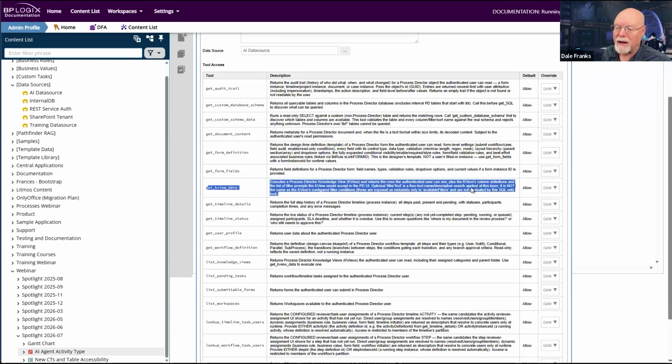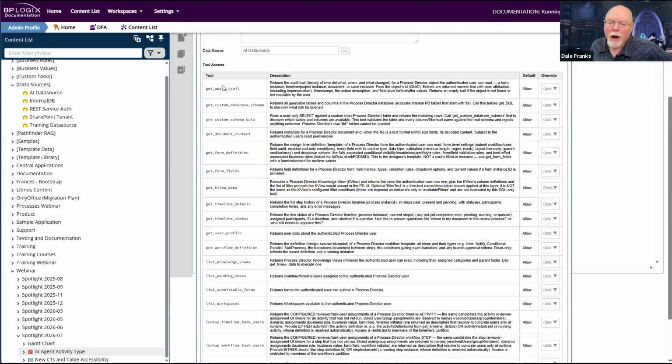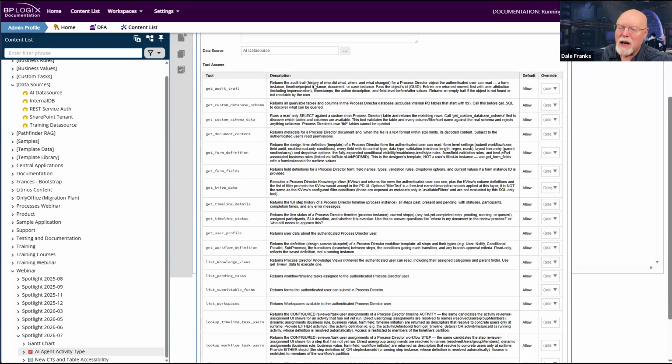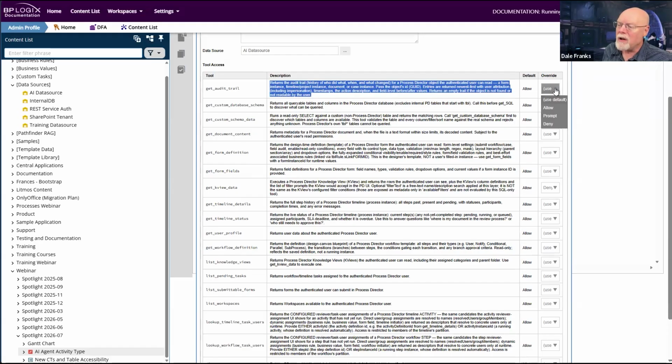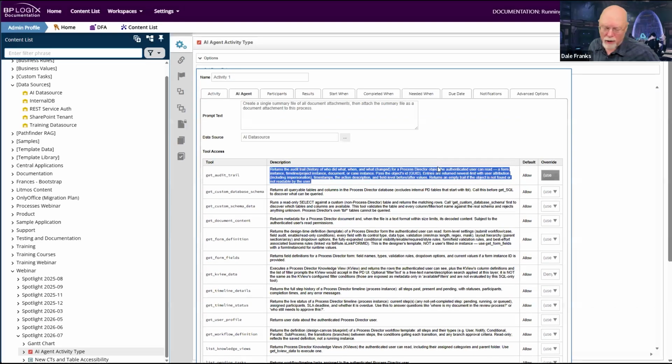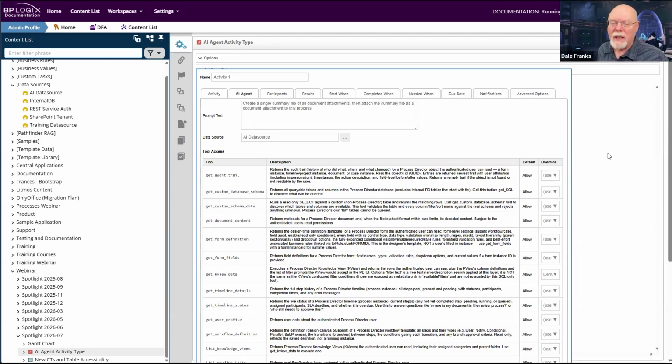We have a get KView data. Do you not want them to read KView data? Well, you can deny it. You can turn it off. So all of these are the tools that the AI has access to. Each one of these tools has an explanation of what it does, and then you have the ability to deny any or all of these permissions, although I suspect that denying all of the permissions would mean that your AI agent couldn't actually do anything. But this is a new activity type.